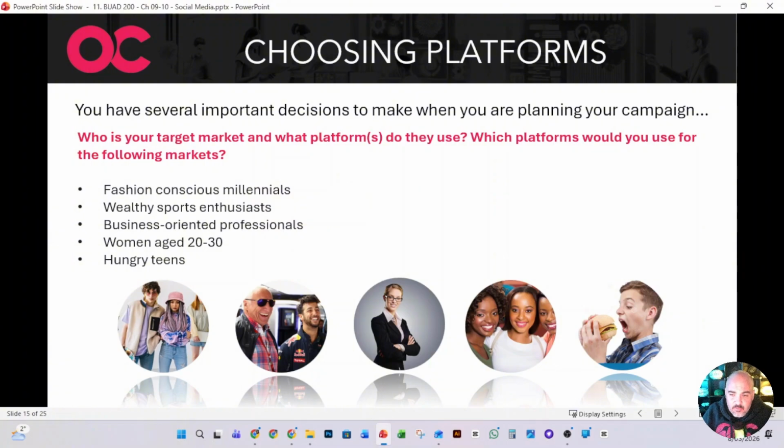Business-oriented, probably going to be LinkedIn. Women aged 20 to 30 are most likely on Instagram. Hungry teens might be on any of those. TikTok, Instagram. Could be, if we're thinking about the food space, yeah, we might be looking at Instagram, for example.